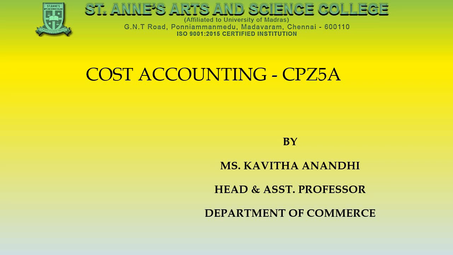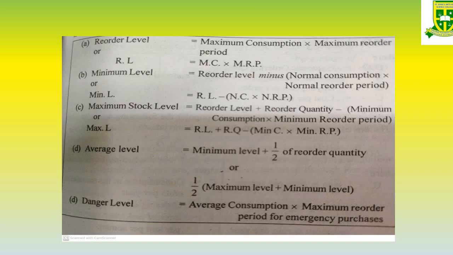In today's class, we are going to see the other model in cost accounting. In the last class, we saw how to calculate the EOQ, economic order quantity. In this class, we are going to see the stock level which has to be maintained by the company throughout the process so that it won't affect the process. The reorder level is the order they have to make for the particular year. That is called the reorder level.